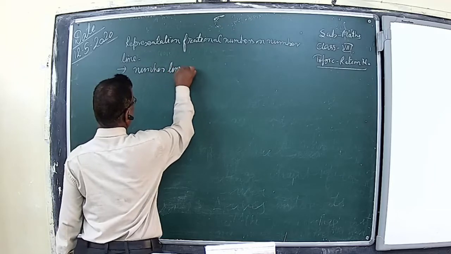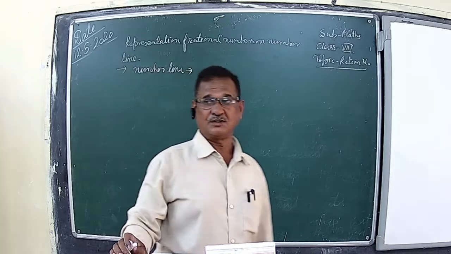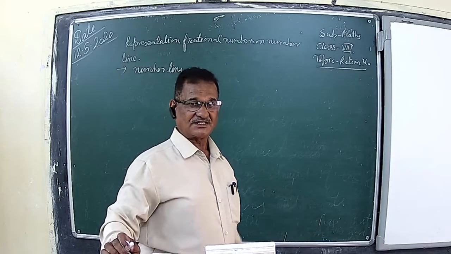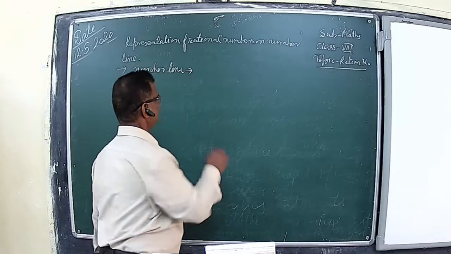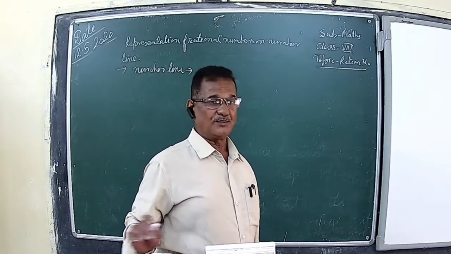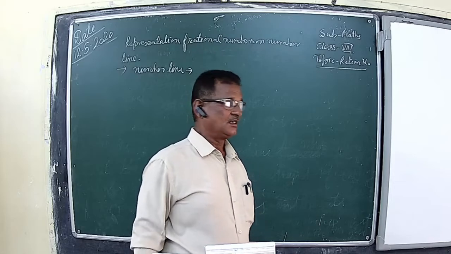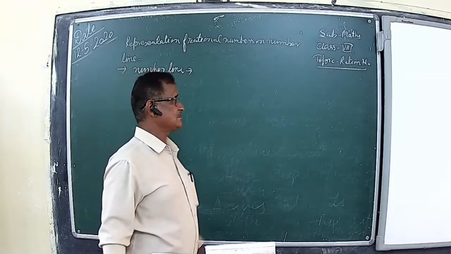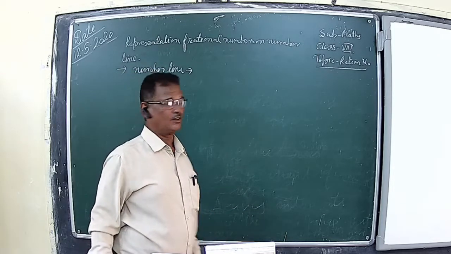A number line is a line which is used to represent numbers on it. It extends in both directions endlessly. The middle point represents 0, and to the right of 0 are 1, 2, 3, 4, 5 etc. at equal distances, and the left side represents -1, -2, -3 etc. Like this.